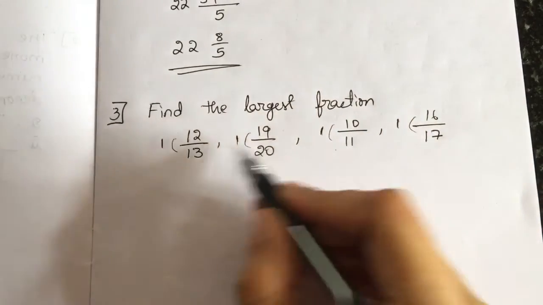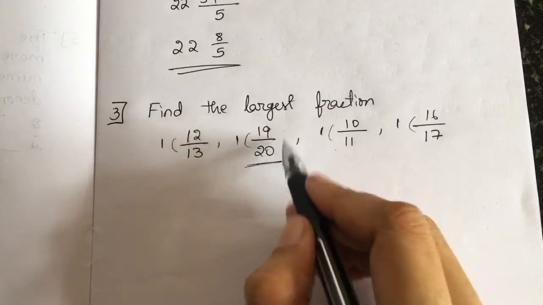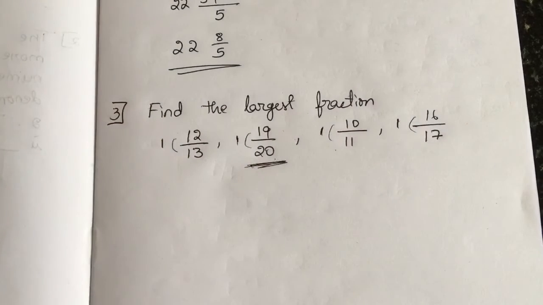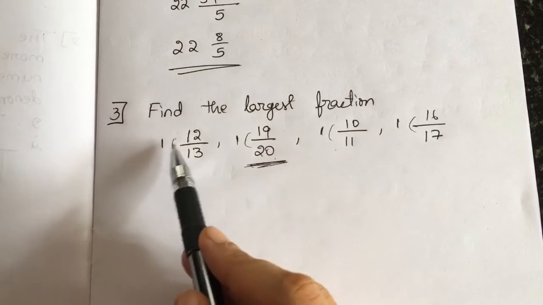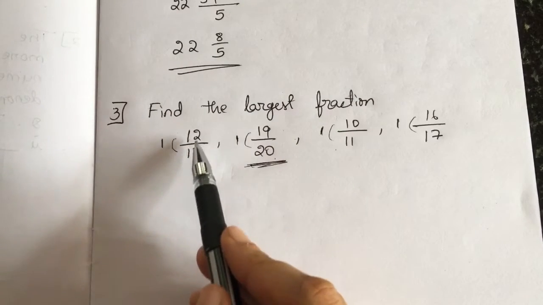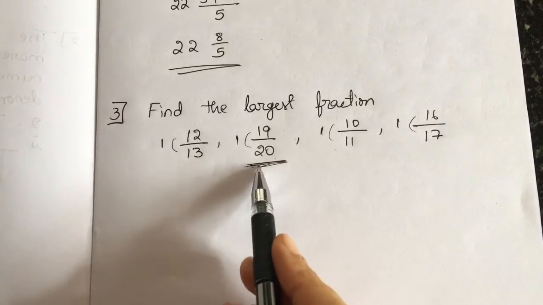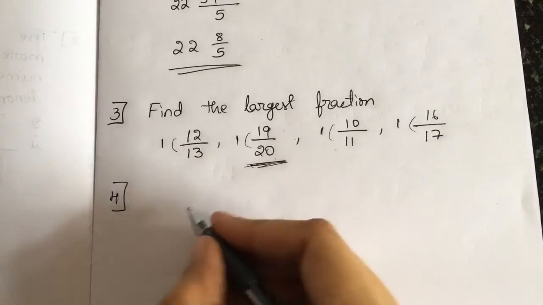In this case, this is the fraction which has the large numbers, right? 19 by 20. So this is the largest fraction. So there is no problem if you have all the fractions where the difference between the numerator and denominator is 1. So in this case it's quite easy, but you may have different fractions, like say